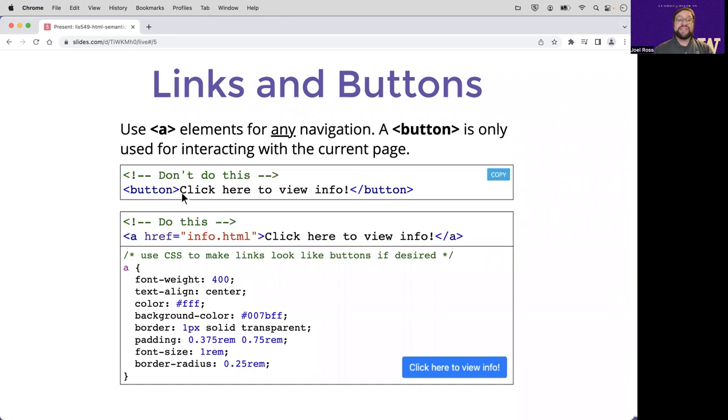I wouldn't want to have a button that says, click here to take me to the info page, click here to view some info. What we'd want to do instead is create an anchor element, right? A hyperlink that has a target, says, okay, this is where I'm going to navigate to, my info.html page. And then I could use a whole bunch of CSS, this is just an example of a whole bunch of different kinds of rules we could apply, in order to make it look like a button. So you could end up having things that on the page appear button-like, but they're not actually buttons,